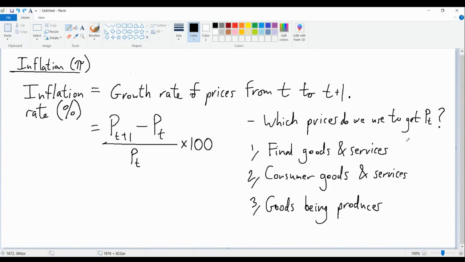So it doesn't really matter for us which way we want to measure prices. They tend to move together. The key thing is that we need a way of measuring prices, and then once we have one, whether it's goods and services, consumer goods, or goods being